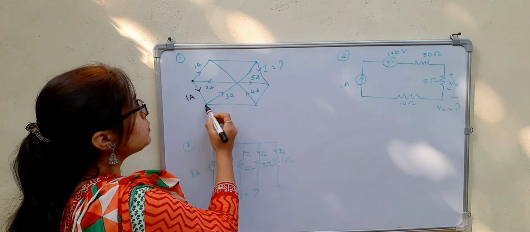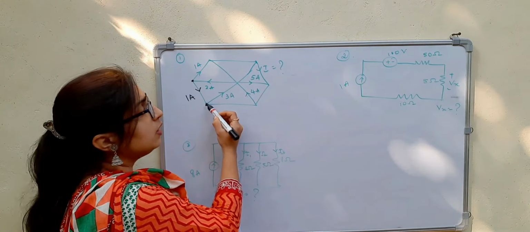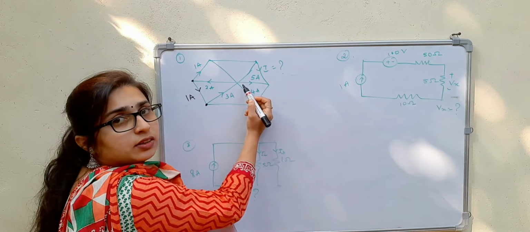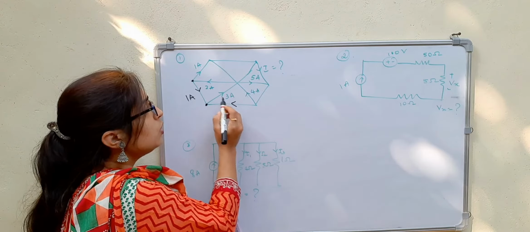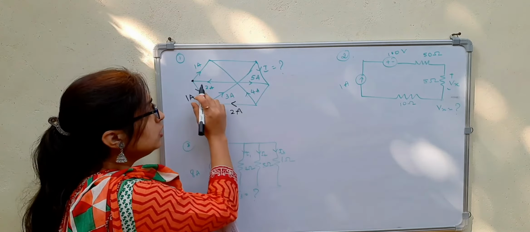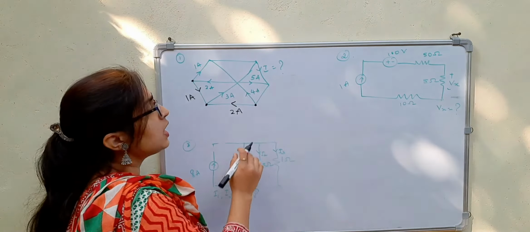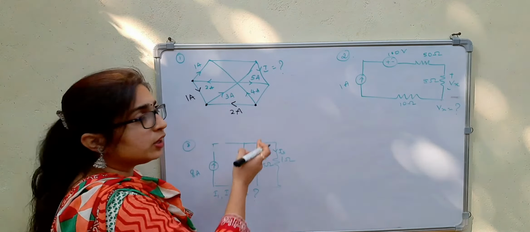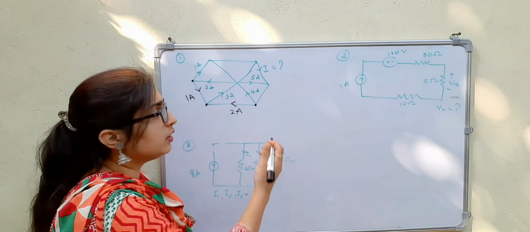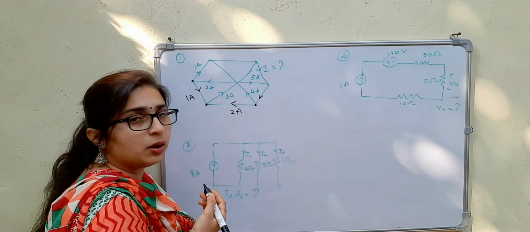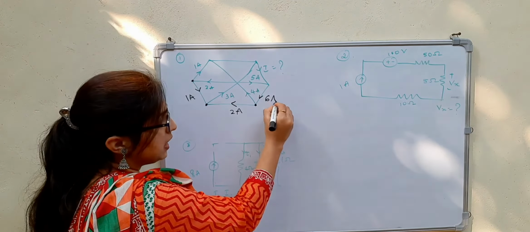At this point, this is incoming current 1 and this is outgoing current 3. The outgoing current magnitude is more, so if I add 2 ampere here, 3 ampere will be equal to 3 ampere. In this case now, 4 ampere is outgoing and 2 ampere is also outgoing, then obviously the current in the other one, here, should be incoming. So the value should be 2 plus 4, 6 amperes.